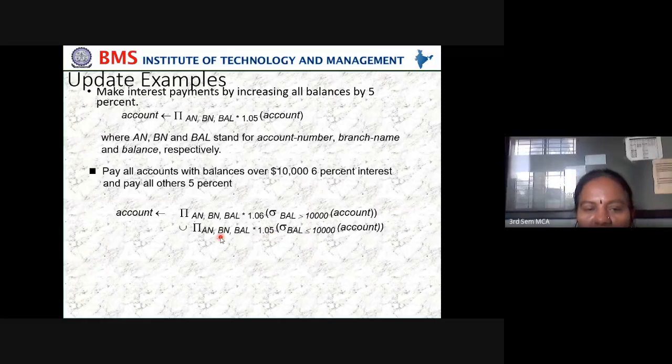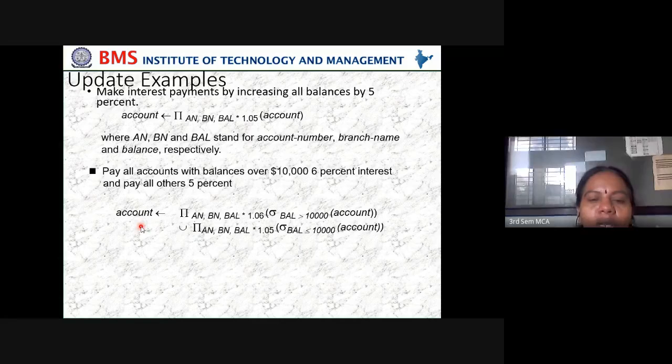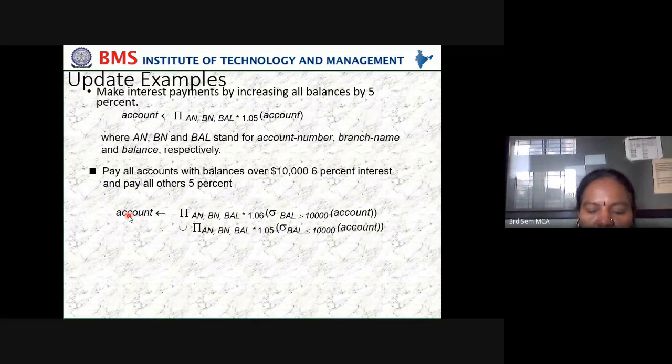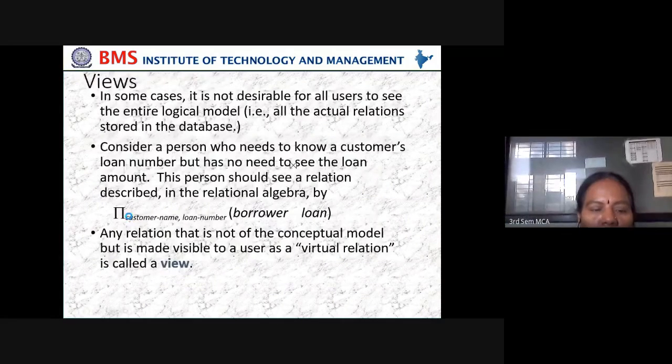That is what is being done here, and we store that back into account, because we have to update the account. We pay 6% for the people with balance over 10,000, and 5% for balances less than 10,000, and store the updated amount back into account. This is what the account table says to us.